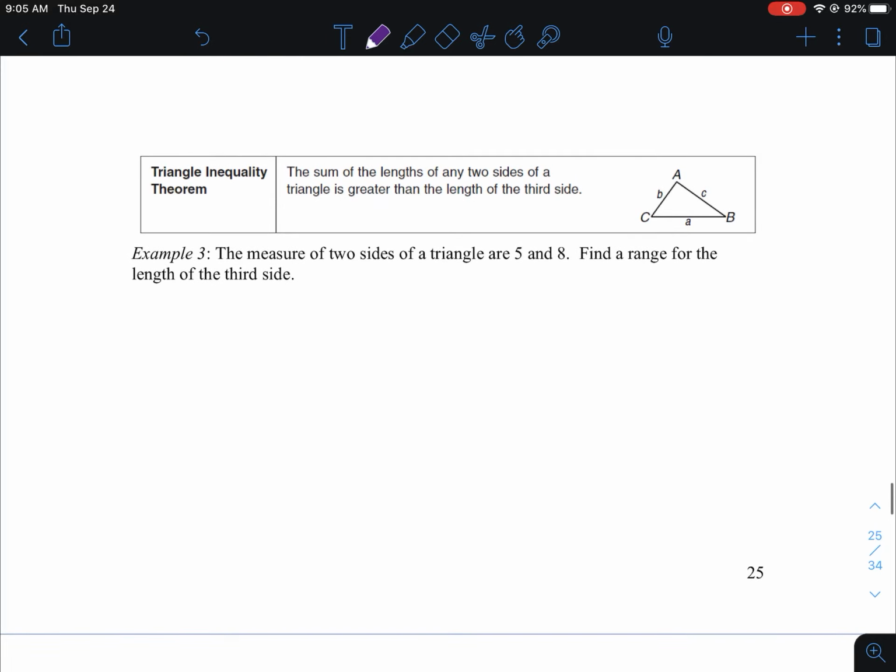All right, the triangle inequality theorem says the sum of the lengths of any two sides of a triangle is greater than the length of the third side. So this one says